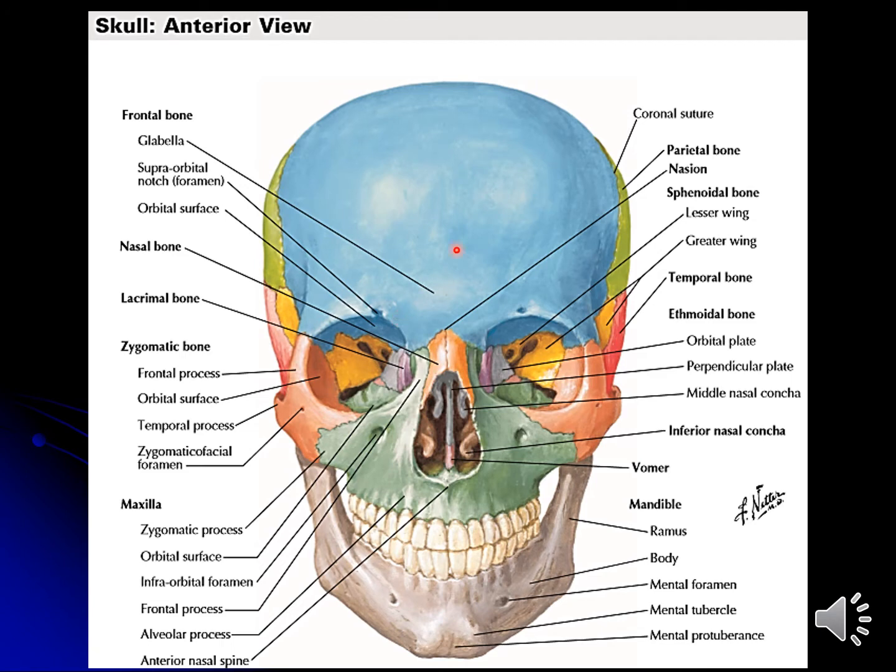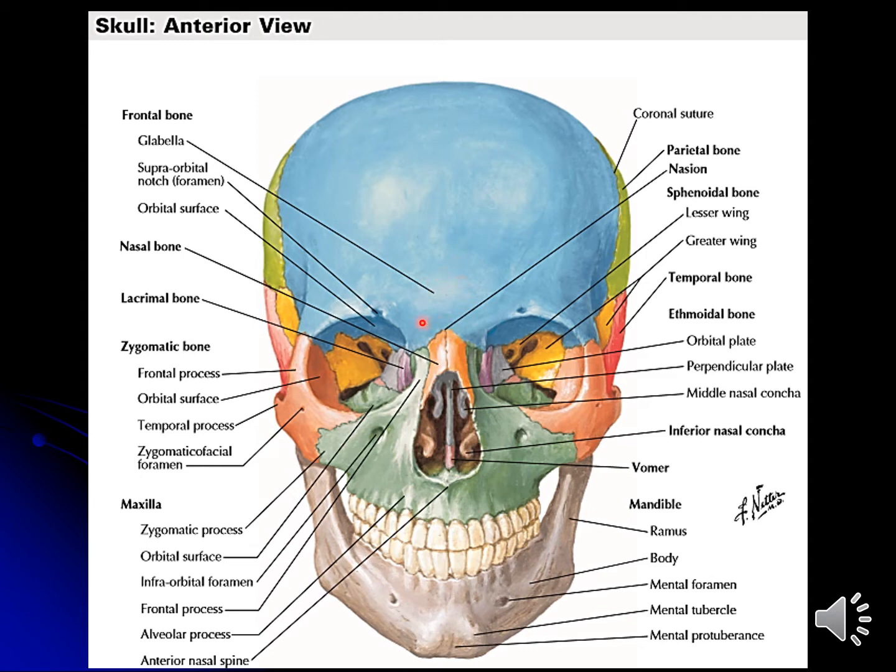So already in foundation module, when you were studying the classification of bones, you have studied this type of bones, which are known as pneumatic bones. These are the bones which are present in the skull and they have air filled cavities inside, so they are hollow from inside. Portion of these bones are hollow from inside and it is filled with air. So that's why they are known as pneumatic bones.